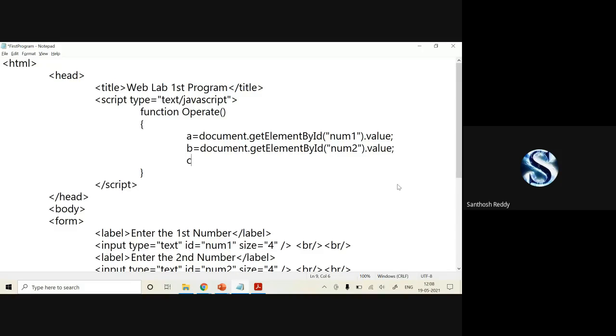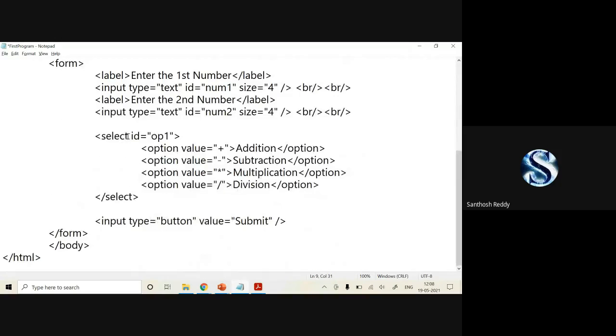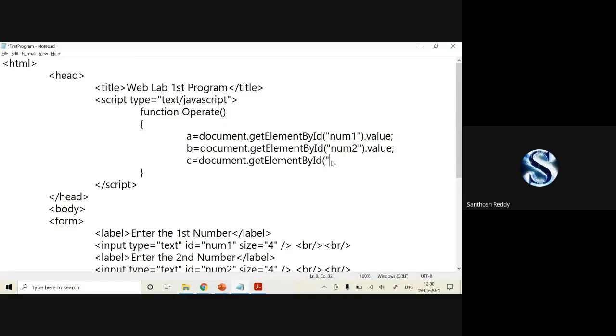So C is equal to document.getElementById. If I want to extract the value from that operation box, I have given ID equal to OP1. So I'll specify OP1 and close it, and extract the value.